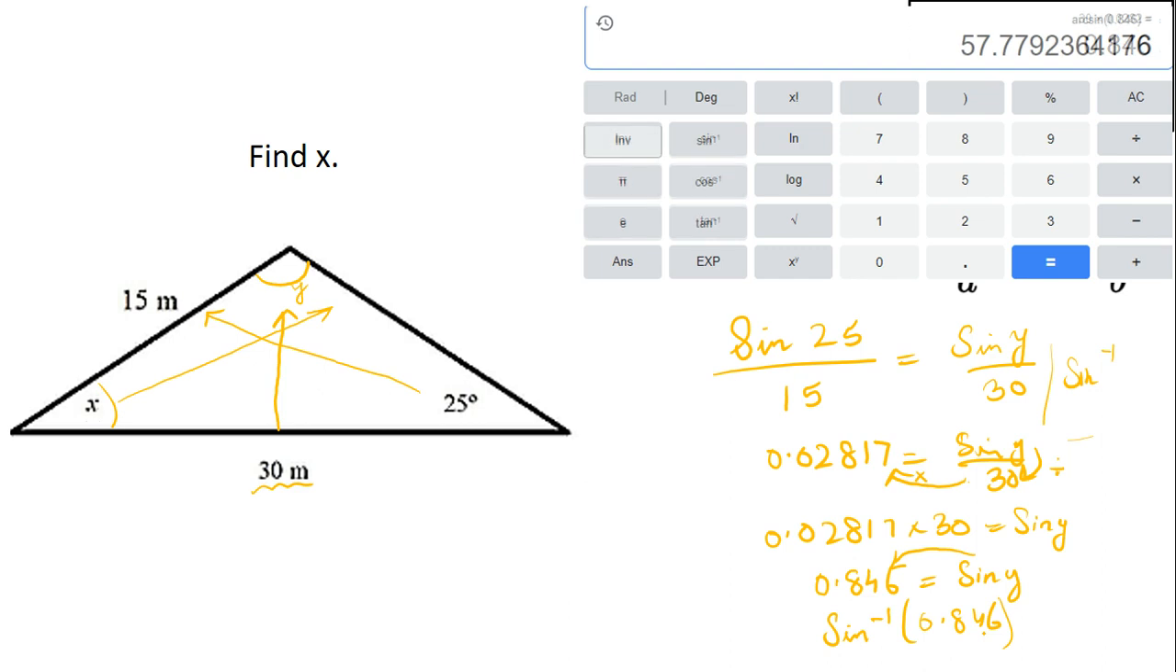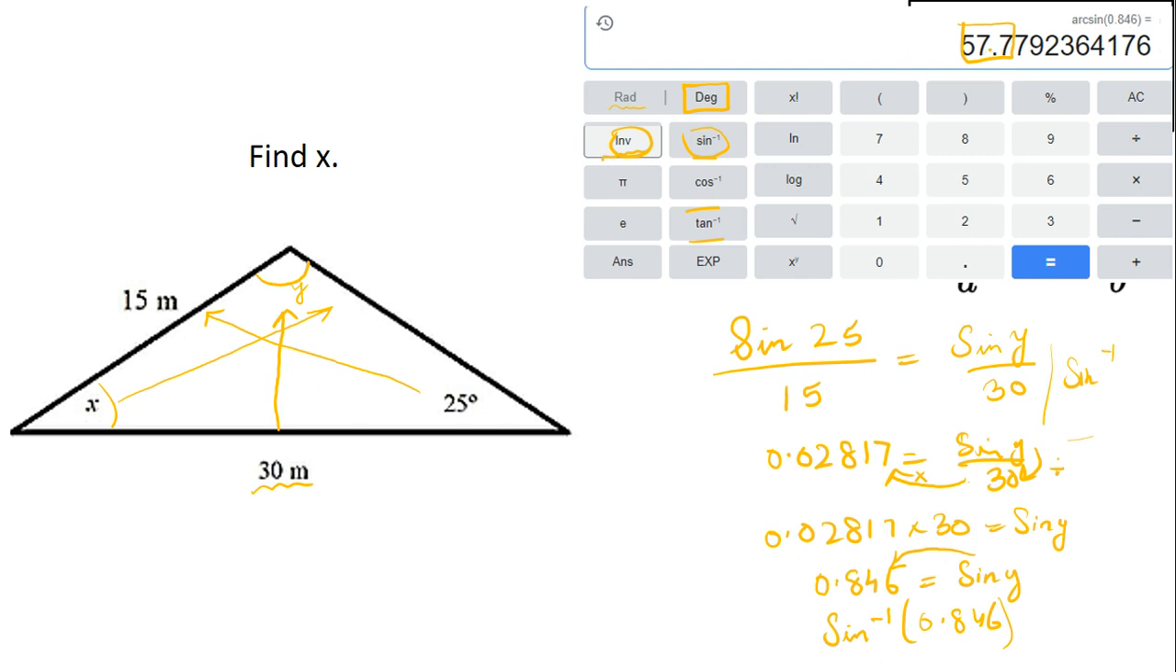If I do that on my scientific calculator, you can see that there is an inv function, that is called the inverse. Also, make sure whenever you're dealing with sine, cos, tan problems, your calculator is set on degrees unless they ask you to give your answer in radians. Then you select radians, otherwise it's always degrees. When you press inv, you have sine minus 1, cos minus 1, and tan minus 1. Because we're dealing with sine, I'm just going to do sine minus 1. On Google, you'd see something like arc sine 0.846. That gives you